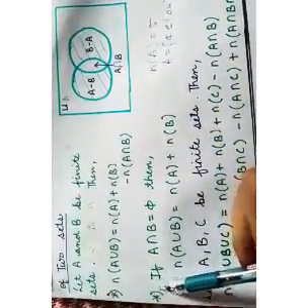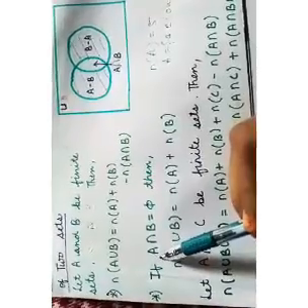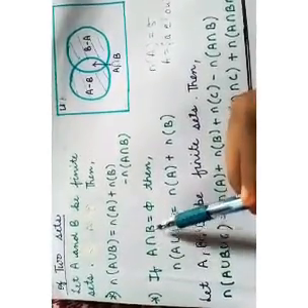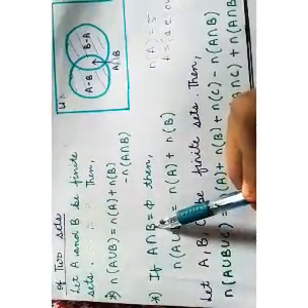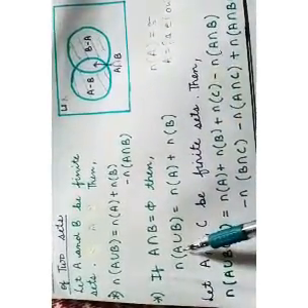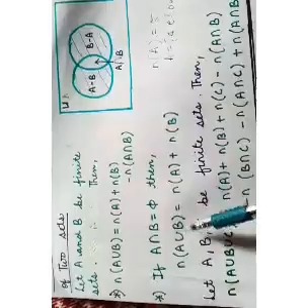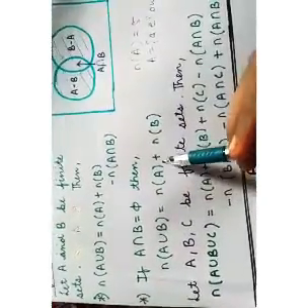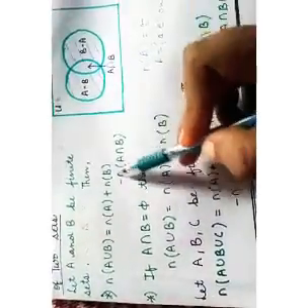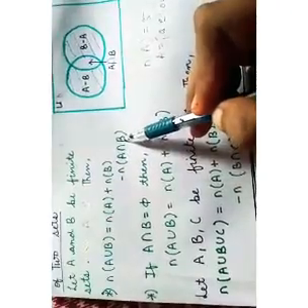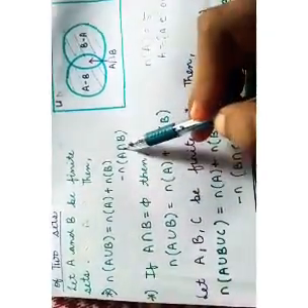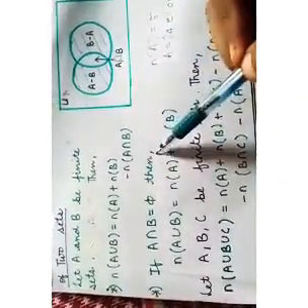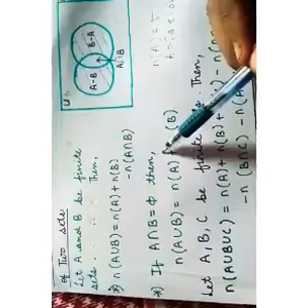And the second formula is, if we are given that A intersection B is the empty set, that is, there is no common element in the sets A and B, then this formula reduces to n of A union B equals n of A plus n of B, because this term will be 0. Since A intersection B is empty, n of A intersection B will be 0. There will be no elements. So the formula will become this. This was when we had two finite sets, A and B.